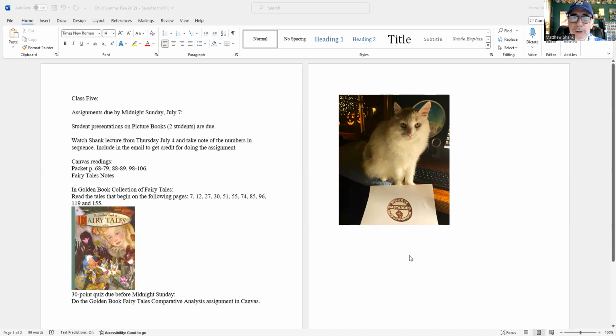Please read the fairy tale notes, because I listed all the common motifs and conventions that we find in fairy tales. These are the things that make them fairy tales. So I want you to be familiar with those before you read the examples of fairy tales that I will assign to you here. So after you've read the Canvas material, then you can start reading the fairy tales in